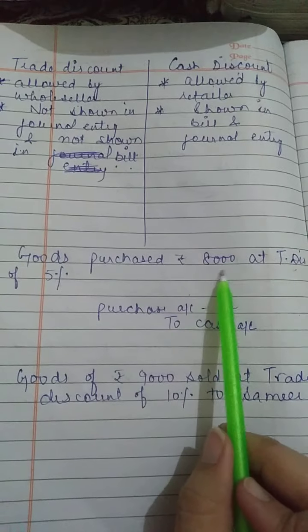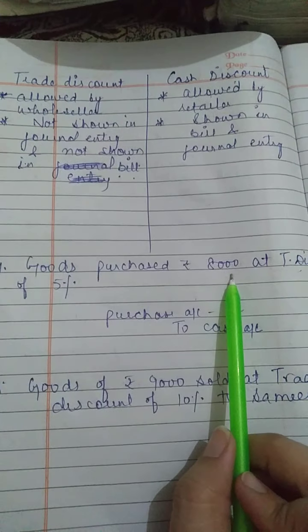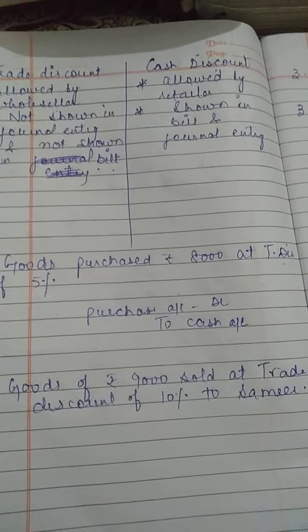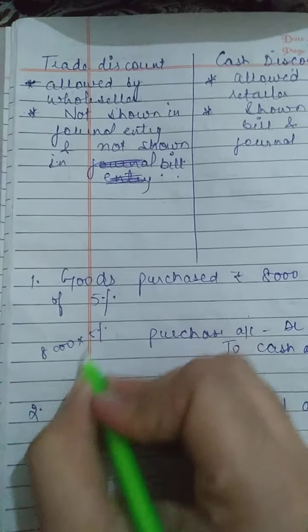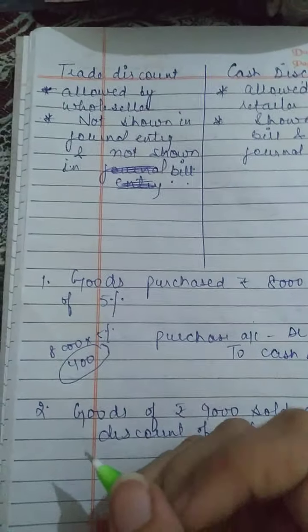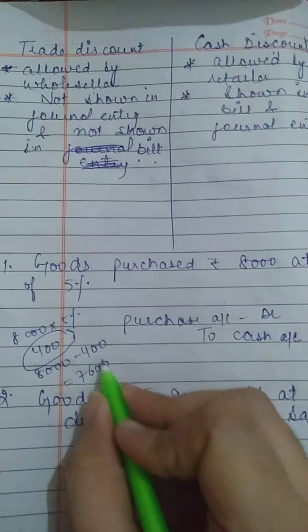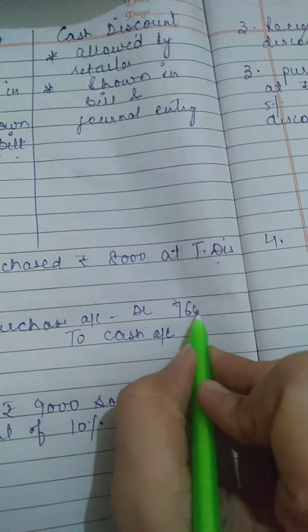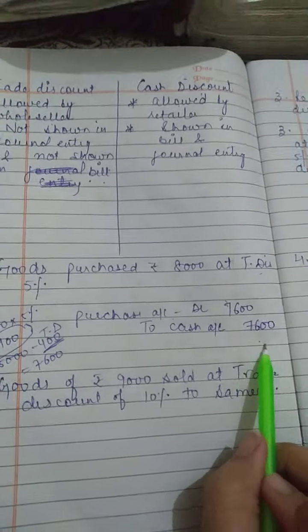But see, have you paid 8,000? You have gone to the person and purchased the goods of 8,000 but at discount. So you have not paid 8,000, you have paid the amount that is less. How will we calculate the amount? 8,000 into 5% would be 400. So what amount have you paid? You have paid 7,600. 400 is the trade discount that he has given to you. Trade discount is not to be shown in the entry, but the amount has to be shown like this. Okay, clear with that?